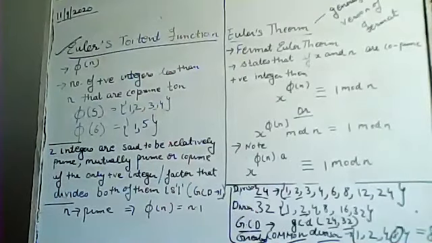So these are 2-3 concepts that we will be using in this particular cryptography technique, that is asymmetric techniques. One is the prime number. So what is a prime number? It has only 2 divisors: one is 1 and the other is the number itself. Second thing is that we will need to calculate the GCD. So what is GCD? That is the greatest common divisor.